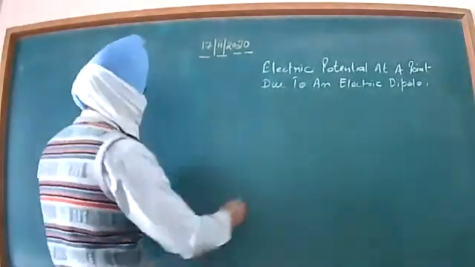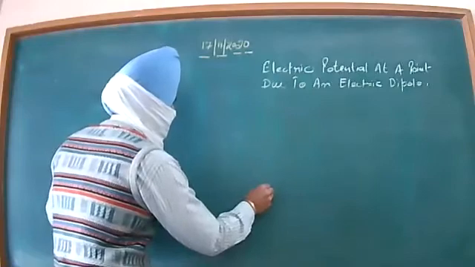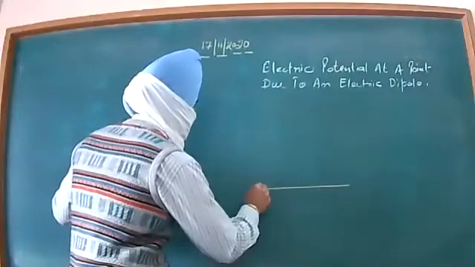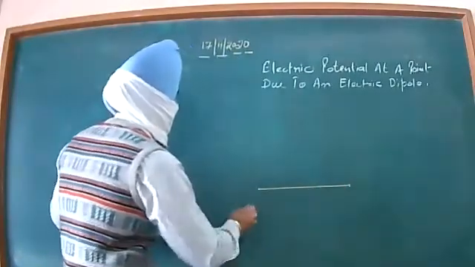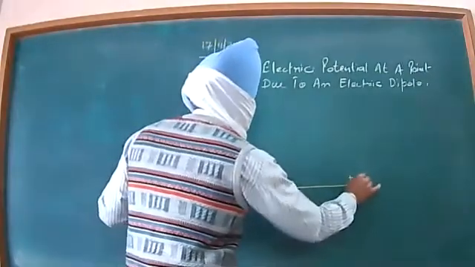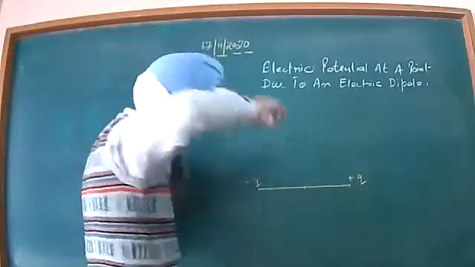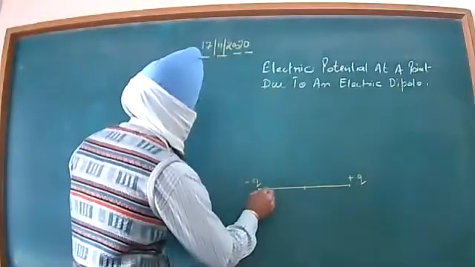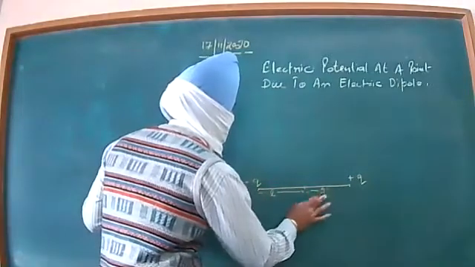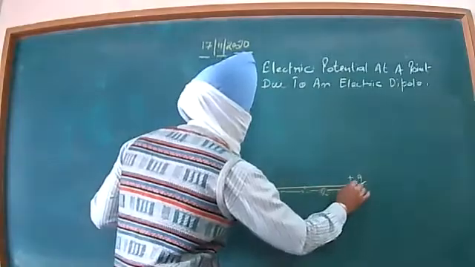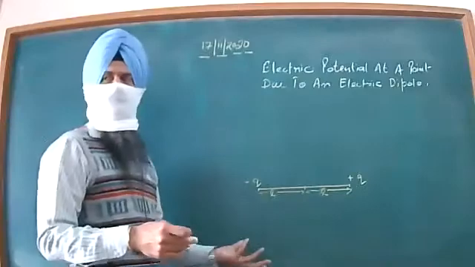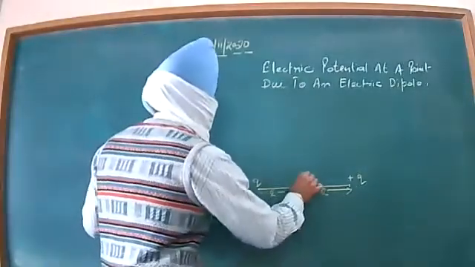Imagine this is the electric dipole available with me, this one, and say these are your minus q charge and plus q charge, and these are separated as we were taking the distance to be equal to 2L. This distance must be L and this distance must be again L, because total distance we generally take it as 2L or 2A or 2X just in order to avoid the fractions that unnecessarily will appear otherwise.